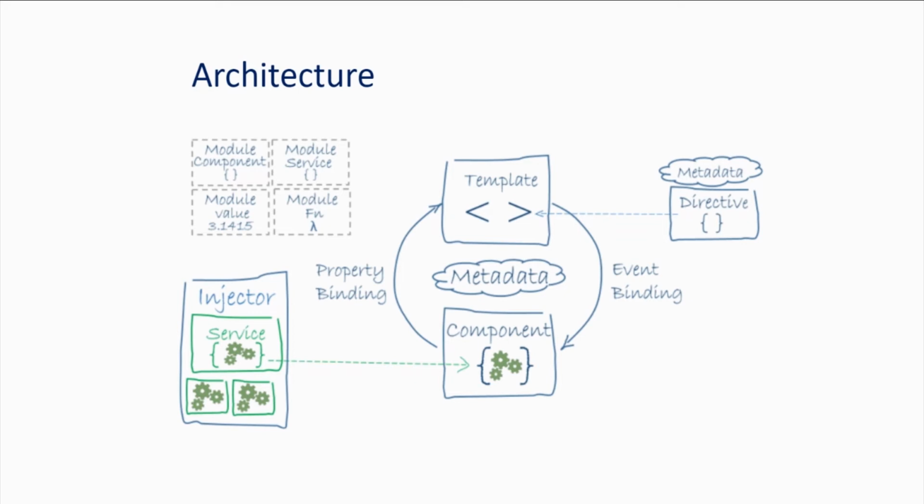You can see here we have the metadata and on top of that we have the template and below that we have the component. So templates are nothing but all HTML views, and the components are actually your TS files where you write the TypeScript code. So these are all connected through the bindings. You can see the template and the components are linked by property binding, and here we have event binding also. So the entire thing completes the two-way binding.